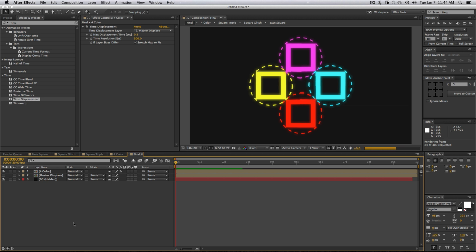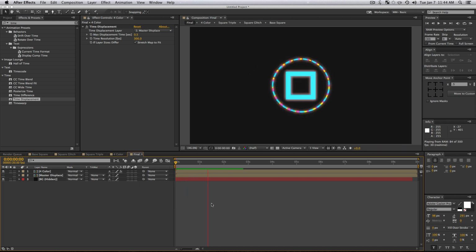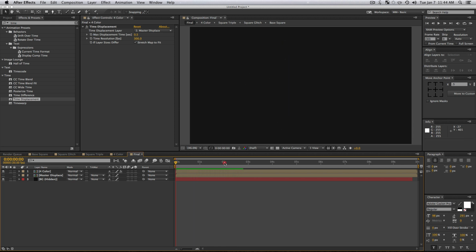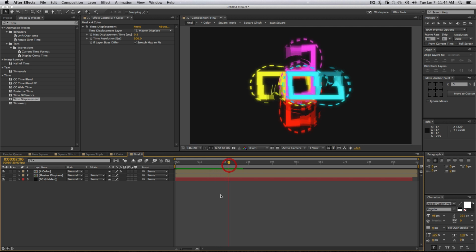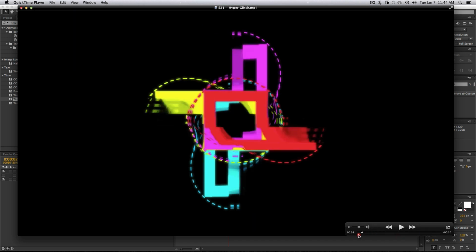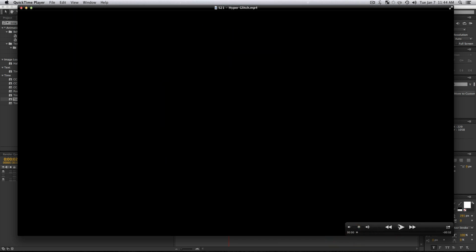So I don't know if I'm going to sit here and make you guys wait for this to do a RAM preview. I might just press space, but as you can see, well, I really wish I could show you guys how this one came out, but you should be able to tell basically the time displacement is going to affect different layers. Like as you can see, we start to get this weird ripple fall off, and it just looks so cool. So let me see, I'll just play this video one more time and show you what yours can end up looking like, and that'll be about it for today then.